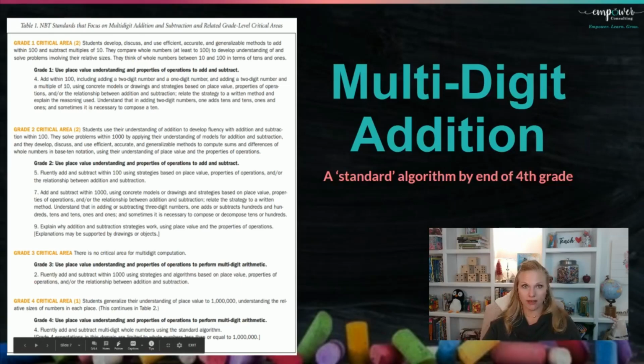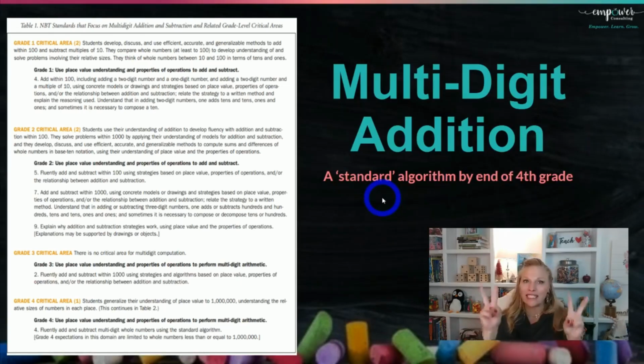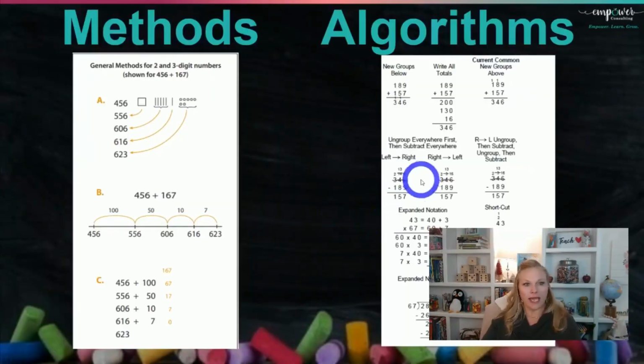Multi-digit addition. Okay, here's what I need you to know. They do not need to know the standard algorithm, which means get it all the way down to that single digit, maybe any of these. Let me go back, this one. Okay, so here's our addition. They don't have to have one of these down pat, they can do with total procedural fluency until the end